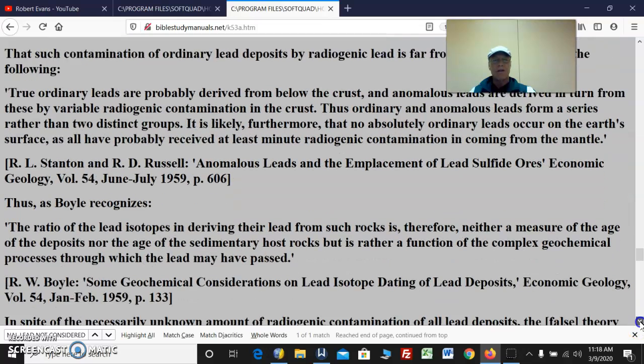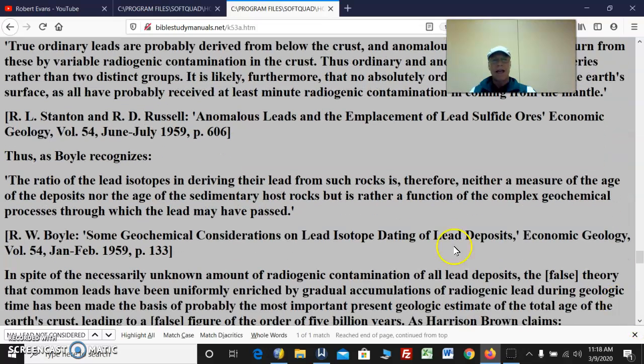That's where they really were, and the violent catastrophic things, or according to them, millions of years can go by. You say nothing really disturbed anything. Really, were you there? The ratio of the lead isotopes in deriving